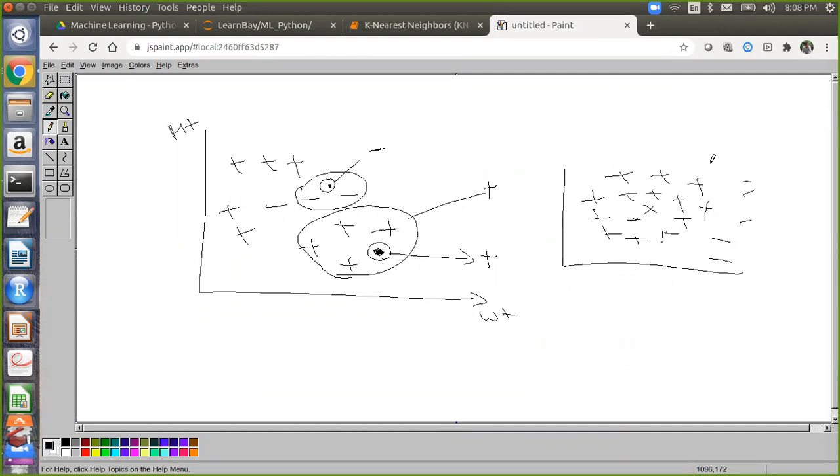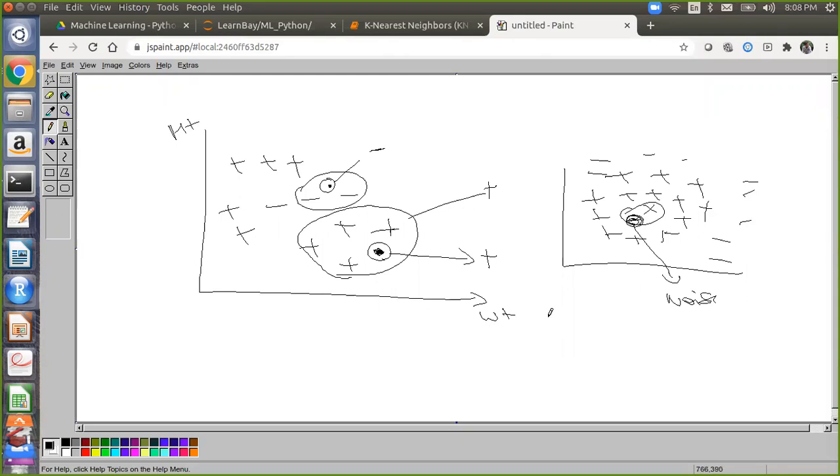If you take only one nearest neighbor, there is a chance that this is noise, and it will give you wrong predictions. So we try to avoid k equal to 1.